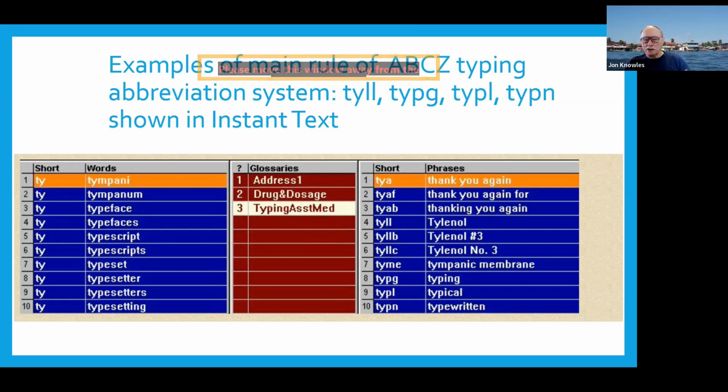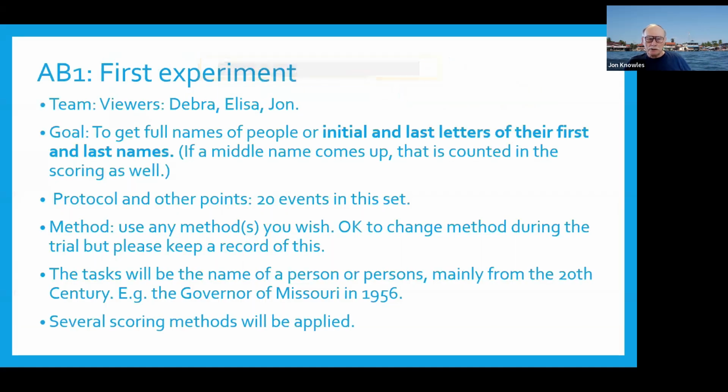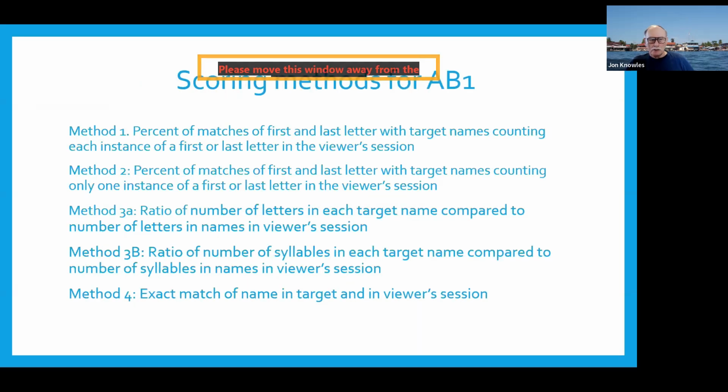So putting all that together, I thought, why not try to see if we can get the initial and last letters of the words or names in this particular case, because it's so difficult to get the full name. And I'll get to why I think this might be useful later on, possible uses of this. So again, you've seen this slide. It was on the first experiment that we did, how it was set up. So I used several methods of scoring.